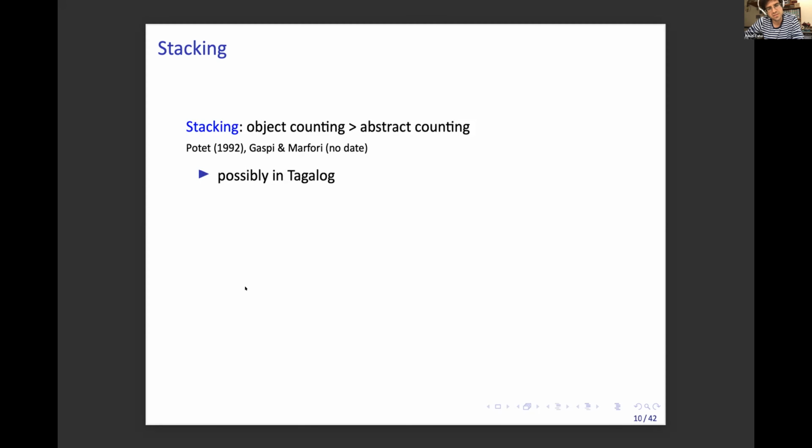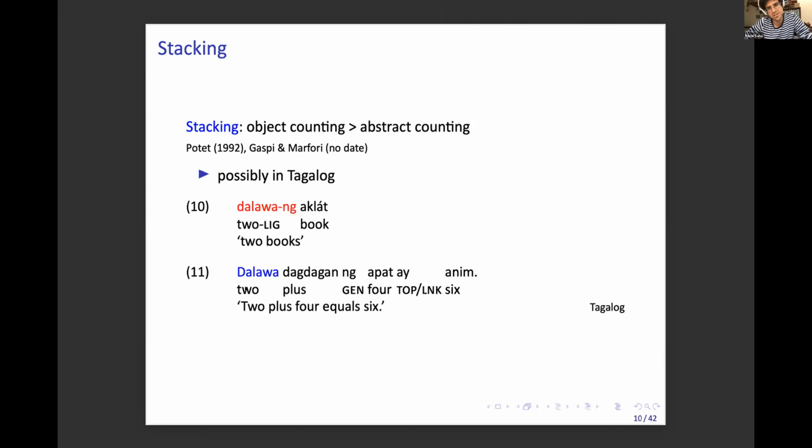Possibly we find this situation in Tagalog, but here I'm just going to give you the examples. So we have in 11 a sentence 2 plus 4 is 6. And we were a bit struggling here with the glosses because we have that from a conversation handbook. Nevertheless, we hope that the glosses are correct. But the important thing is that this form dalawa is the form of the numeral 2 when you use it in a mathematical statement. When you look at 10, this is the object counting use, and you have this morpheme,